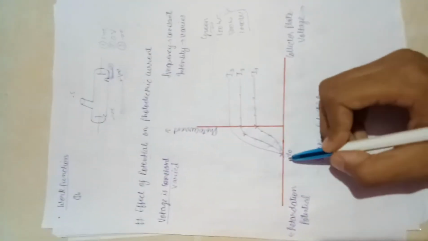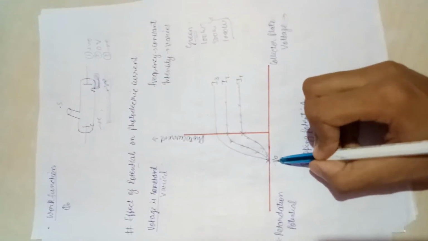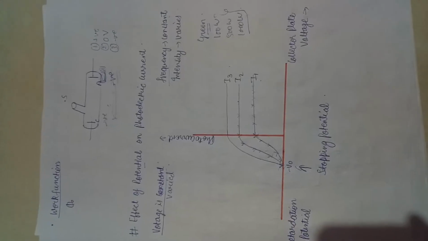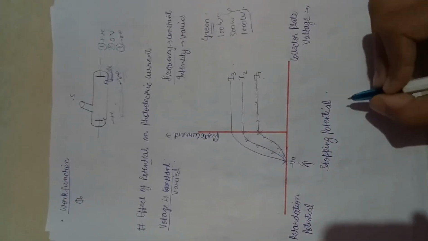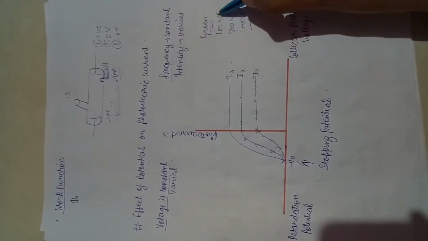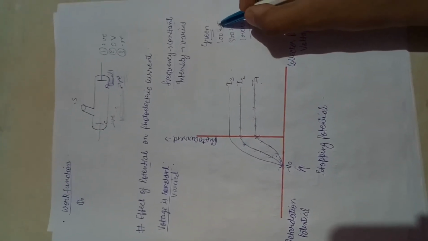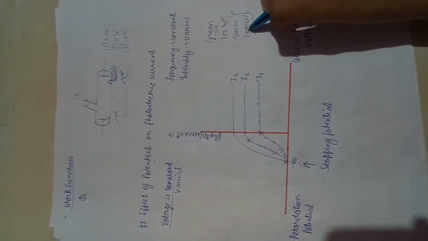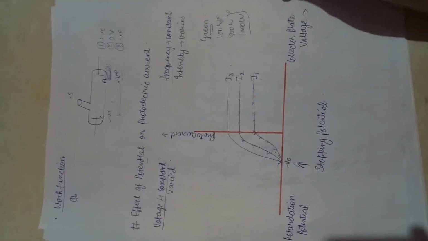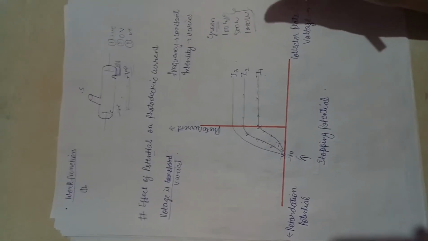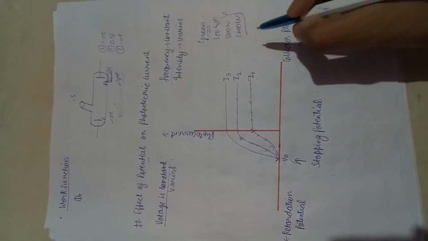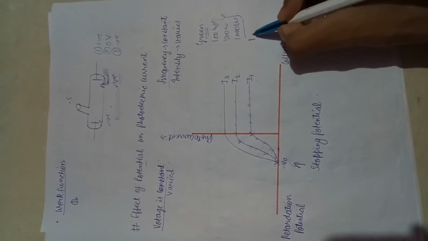So why are we getting, with different power bulbs, a stopping potential? This potential is known as stopping potential. Why is this happening? As we already know, even if I am taking a 100-watt bulb, that simply means that I am using 100 photons per unit time, and by increasing the power of the bulb, I am simply increasing the number of photons striking the surface of the metal. And we also know that the photon energy of one photon is fixed.